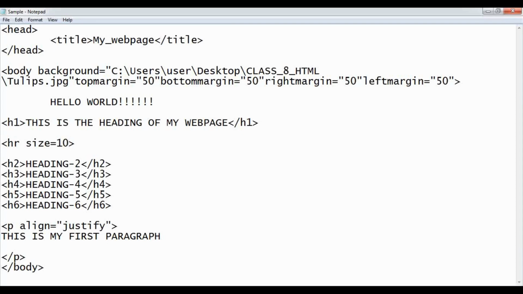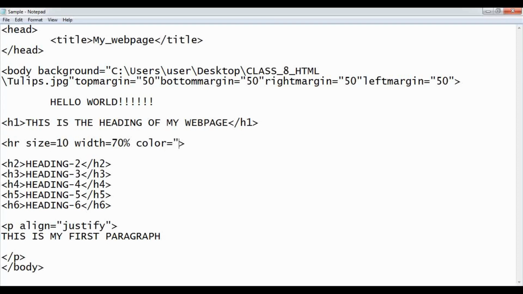Then the next one is the width of the line. So width of the line is nothing but the thickness of the line, and for the width of the line you will give the value in percentage. So always remember, the size will be given in numbers and the width also will be given in numbers as a percentage form. Then you can give the color of the line.